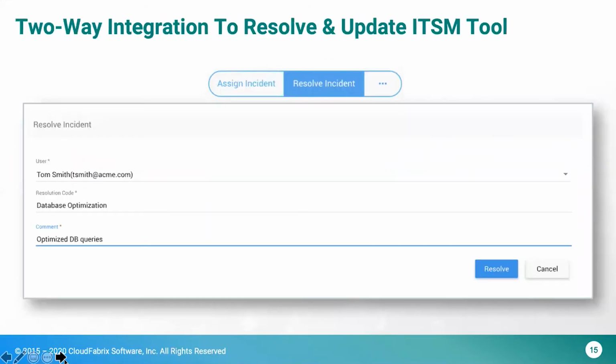And finally, after all these things, for most enterprises the ITSM tool is the source of truth and the record where they keep track of the entire incident life cycle. So you should be able to write back and update the life cycle changes, whether it is an update to the incident, closure, or adding attachments to the incident. That is where the two-way integration is handy. In the first slide we looked at the ability to pull the incident into the workbench. Now after resolving the incident, the support engineer or NOC should be able to seamlessly update the ticket information in your ITSM tools.